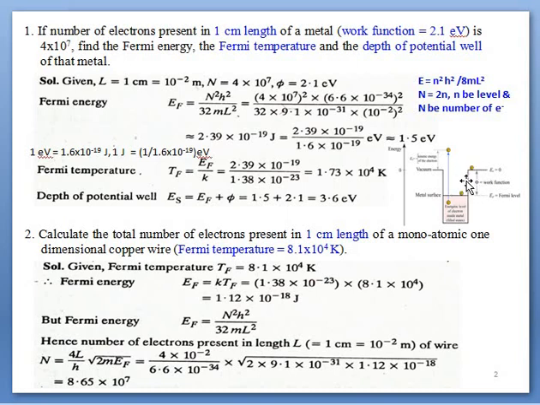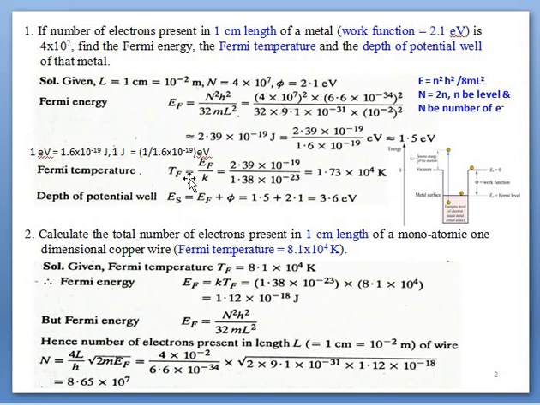So work function plus Fermi energy, meaning the energy from the bottom to this level expressed as EF, so EF plus phi is called the depth of potential well. Potential well means electrons are constrained to move in this well. So if this amount of energy is provided, then electrons can be removed from this well, and afterwards they will take part in the conduction process. So this one we have to determine.